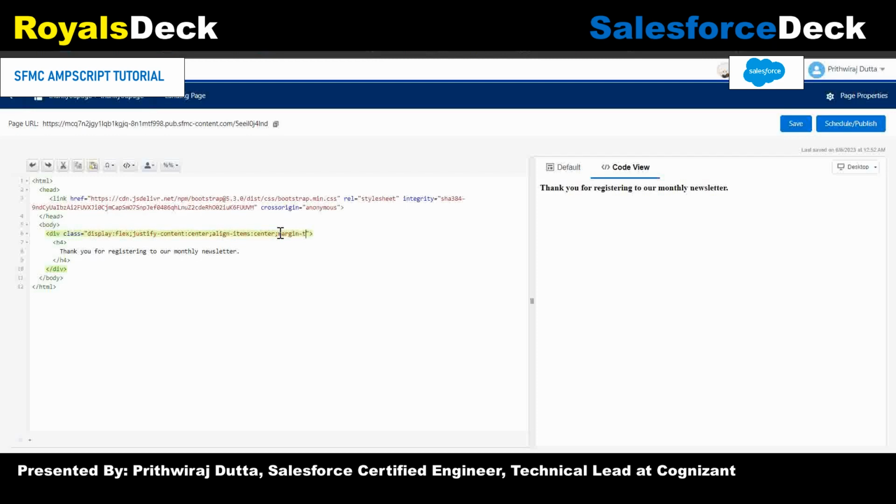Okay, and we can give a margin top of 40 pixels,